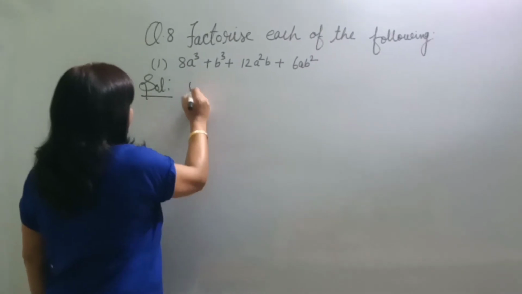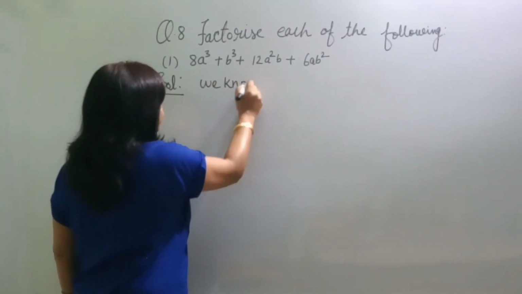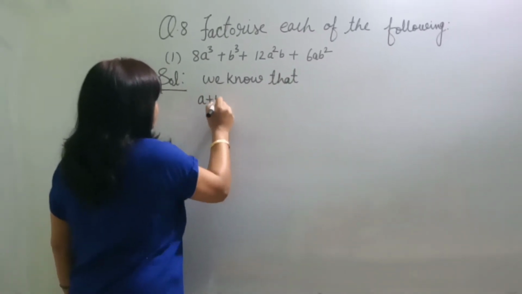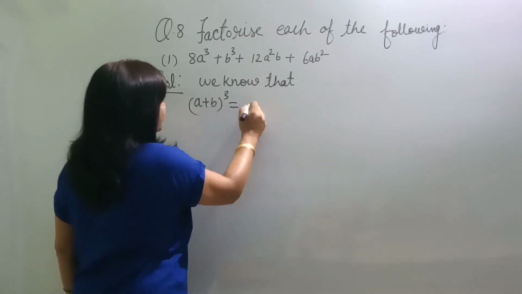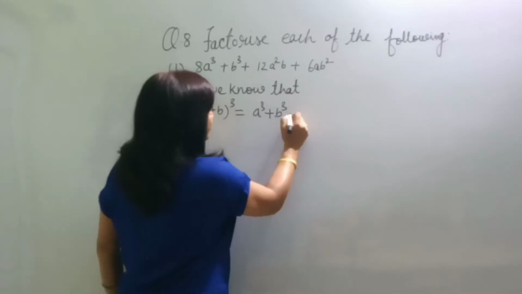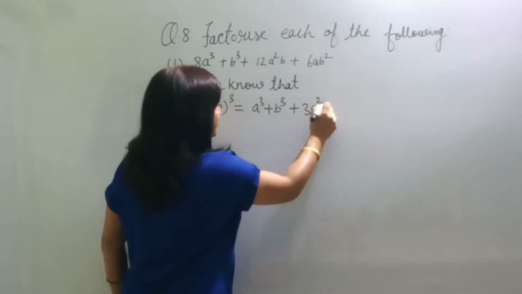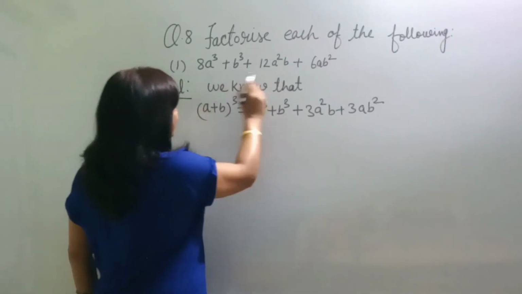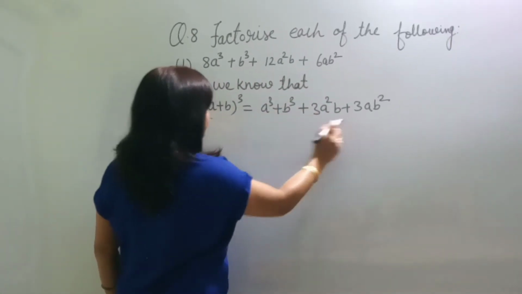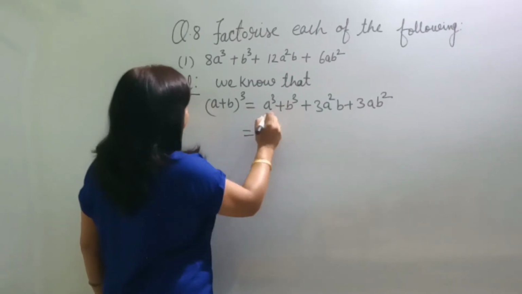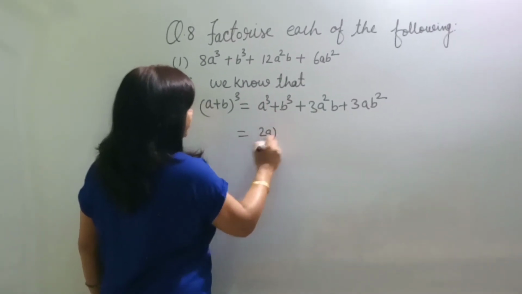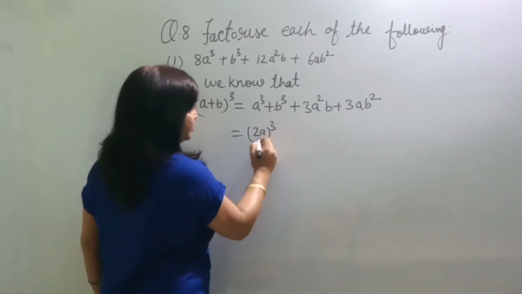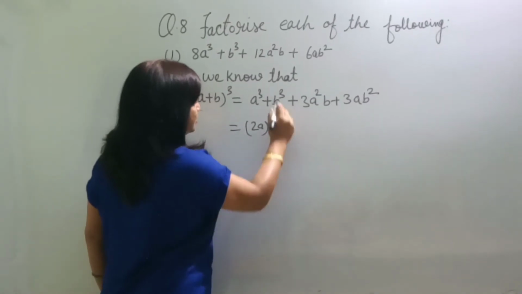So here we know that (a plus b) whole cube is equal to a cube plus b cube plus 3a square b plus 3ab square. Now we will convert this expression in the form of this expression. So here we can write a cube, that means (2a) whole cube. When we will solve it, then 8a cube will come. So here we can write (2a) whole cube plus b whole cube